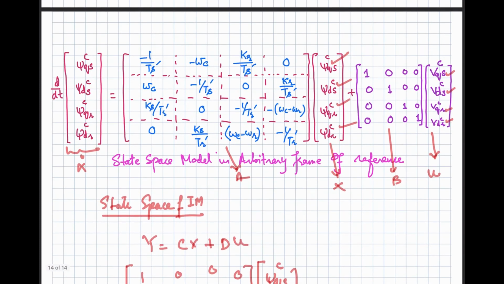So in this discussion, we have considered the flux linkages as the state variables. In the upcoming videos, we will see how we can represent our state space model in terms of the other state variables, those are the inductor currents. So if I conclude this video, we have worked out the state space model of the induction motor in an arbitrary frame of reference in detail, and later on we will be using it in the different controls to implement the induction motor drives.